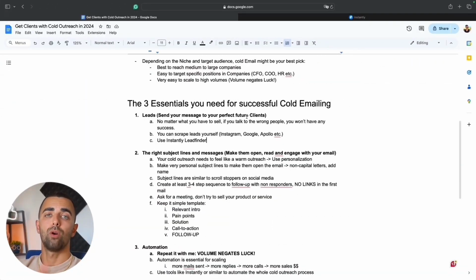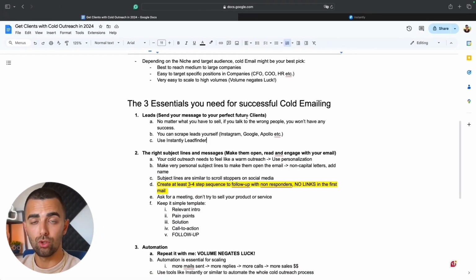One more very important factor of your cold email being successful is that we are not simply sending one email to a prospect. If the prospect is not answering us back to our first email, we have to follow up, and we have to follow up many times. More follow-ups is a higher reply rate. This is fact. So I want you to know that you have to create at least 3 to 4 sequences.